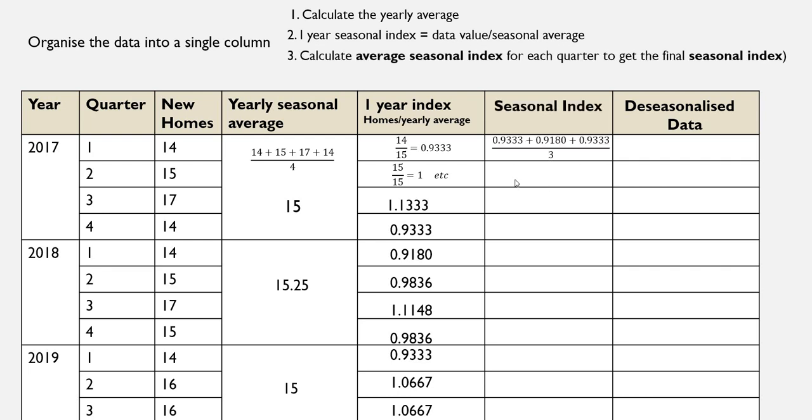So what we're going to do is calculate our average seasonal index for our first quarter of 2017,